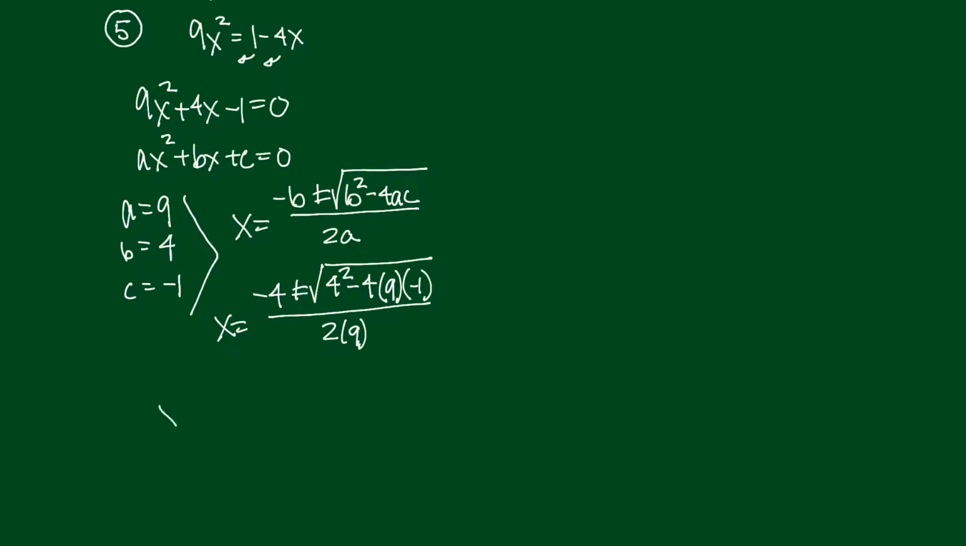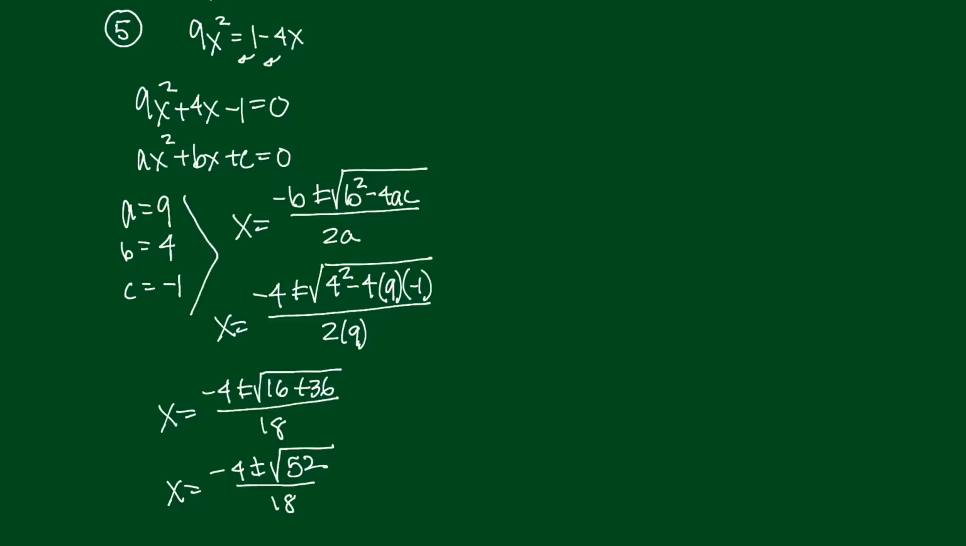A bit of arithmetic here, we'll get x equals negative 4 plus or minus the square root of that 4 squared is 16, and then what? Negative is positive. 4 times 9 is 36 over 18. Let's see, x is negative 4 plus or minus the square root of, what do we get here, 52? All over 18,